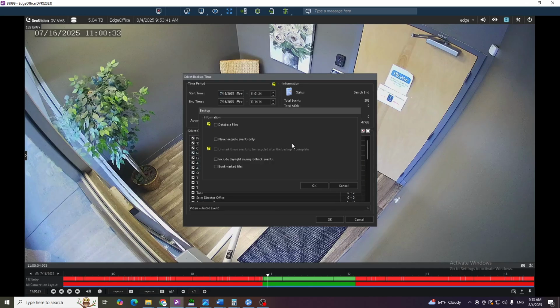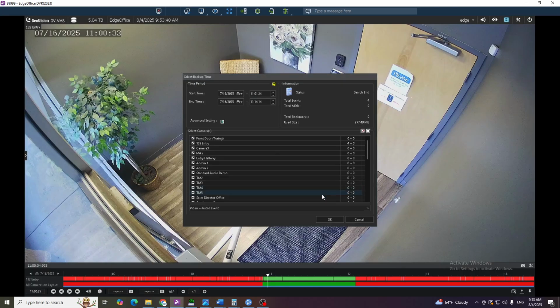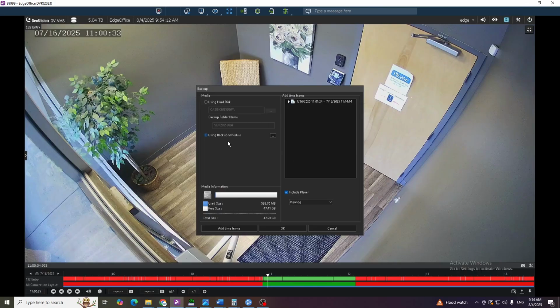You'll want to click advanced settings and click never recycle events only. That's what we just did to cause that red bar to go green. So click OK, and you'll see now that there's only one camera that's listed, and it has 4 events. So if we just want that camera, we'll hit this little box to uncheck everything, and we're only going to select the camera that we want with the 4 events. Okay, so click OK, and now we have the option